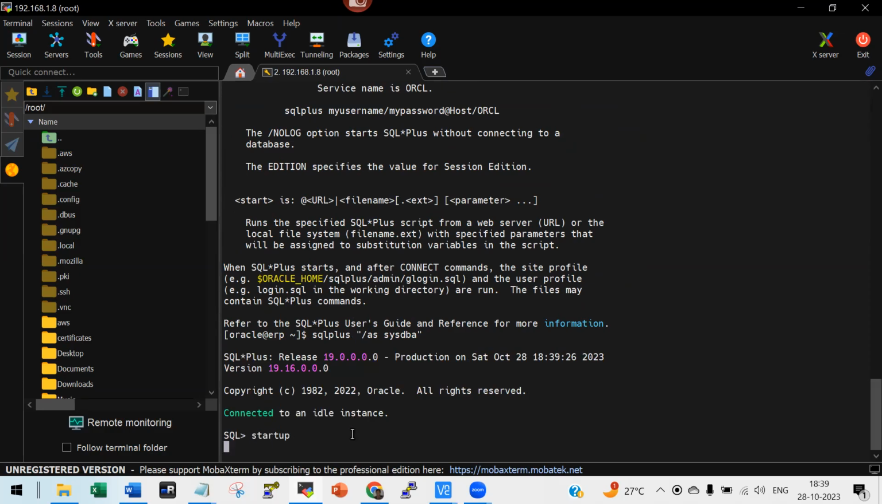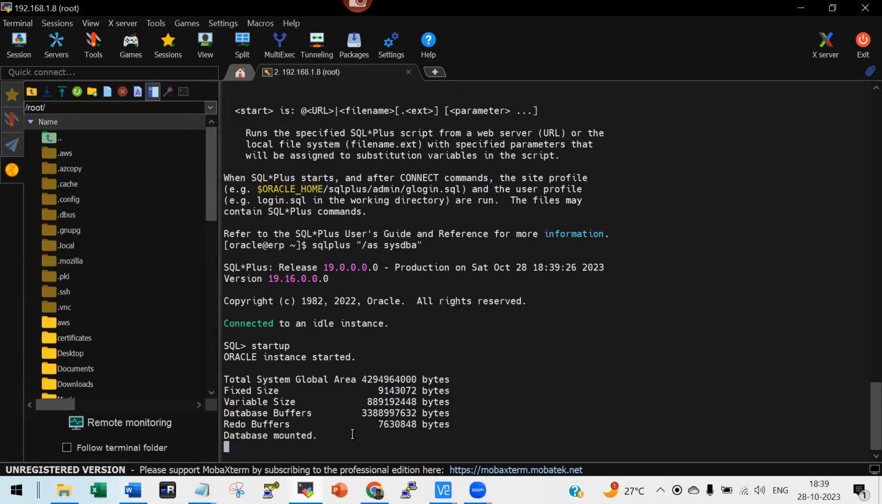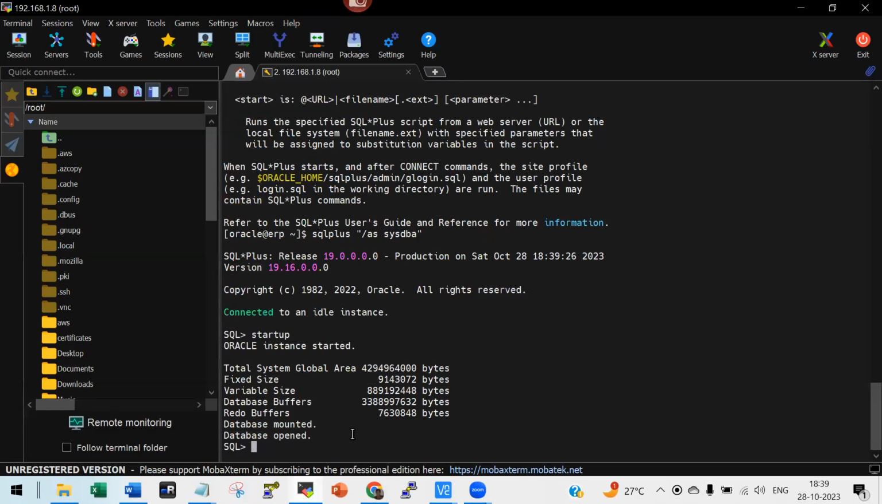So let's see whether I'm able to start it or not. Yeah, so this will be a container database. Here, now we'll have two databases. One will be container and one will be